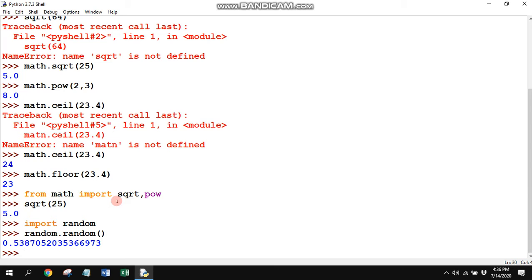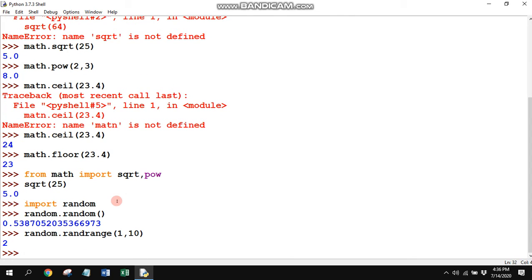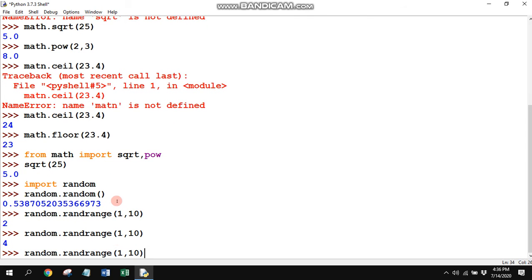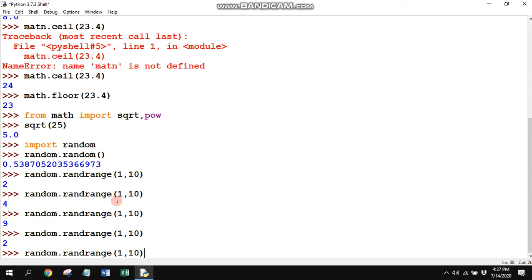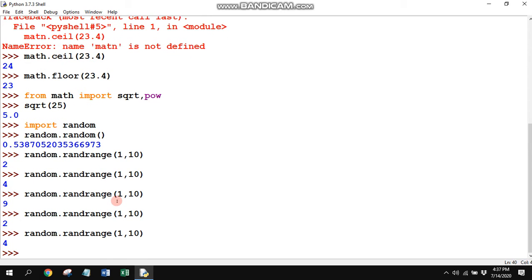And if you want to give a range, you will write random dot randrange, meaning you want a random number from 1 to 10. So it has given 2, 4, 9, 2, 4, random numbers. So this way you can import the module.